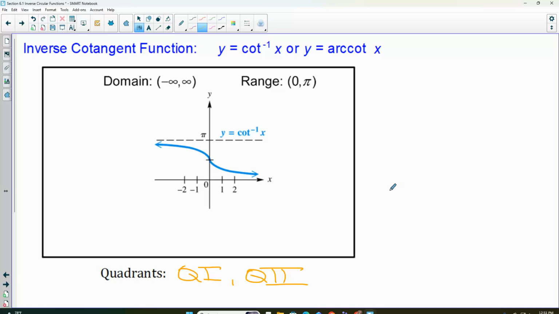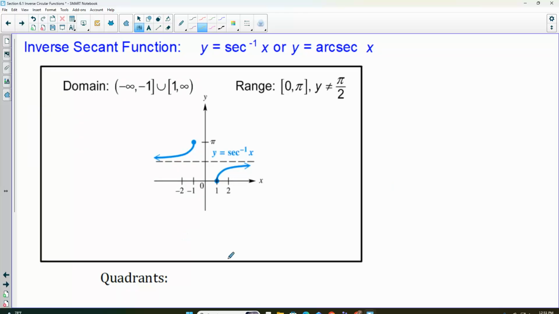Last two, secant and cosecant. Secant is the reciprocal of cosine, so it's going to do what cosine did. Which quadrants did we pick for cosine inverse? 1 and 2, so that's what we're going to go with there. So secant. The domain of that is a little bit weird because the range of secant, remember, it only hits values smaller than -1 or bigger than 1. So that becomes our domain in the inverse,